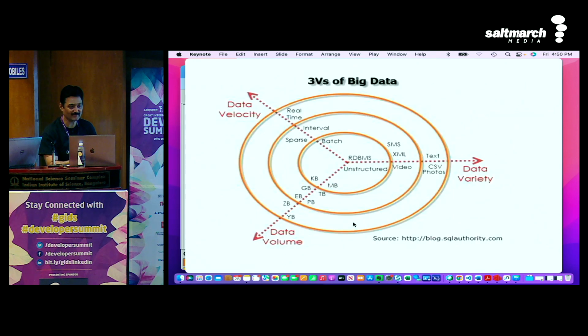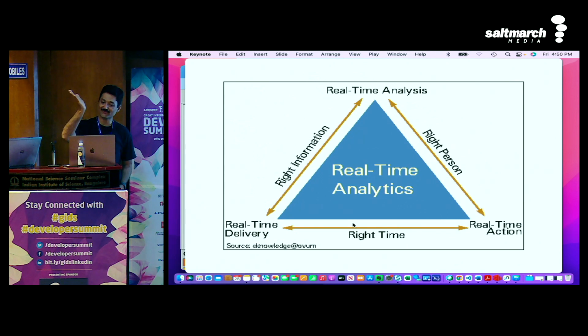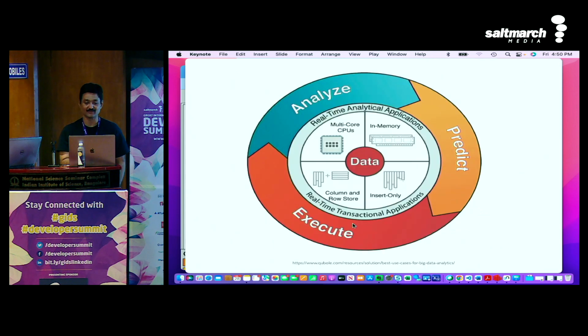So a variety of data is there, but what I'm looking for is the right information for the right person at the right time. That's what you're all looking for. For your manager, you want to give a dashboard, hey, act on it. That's the main thing you're trying to provide in the database. From the NoSQL database perspective, now this is all NoSQL, actually SQL databases started doing that also. I'll explain that in a second.